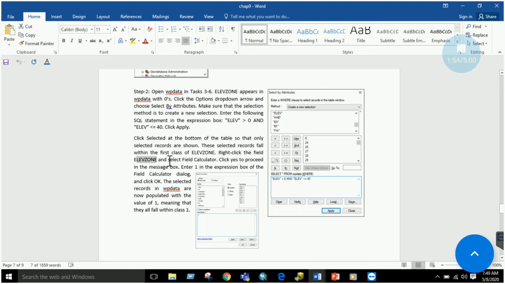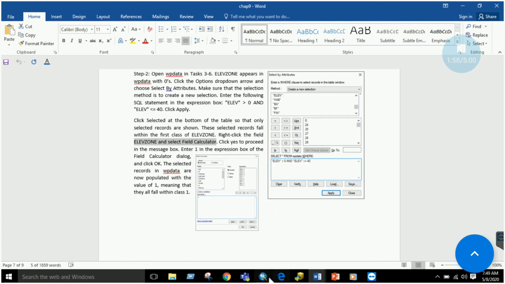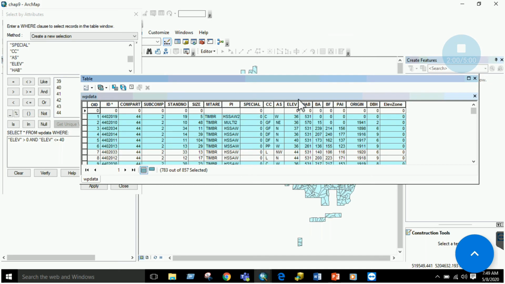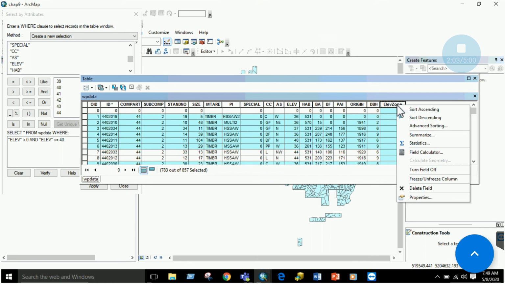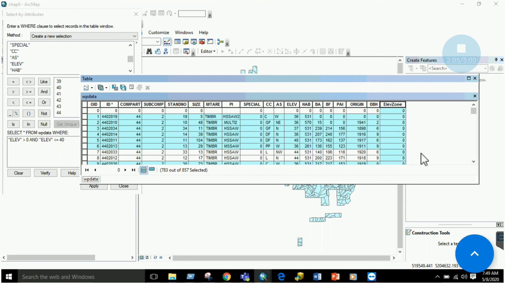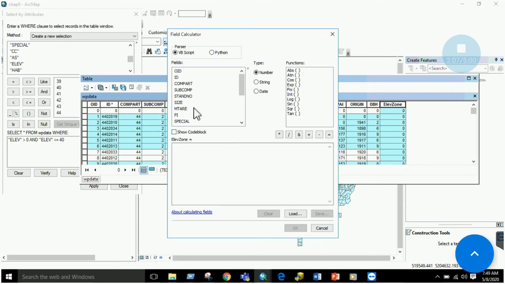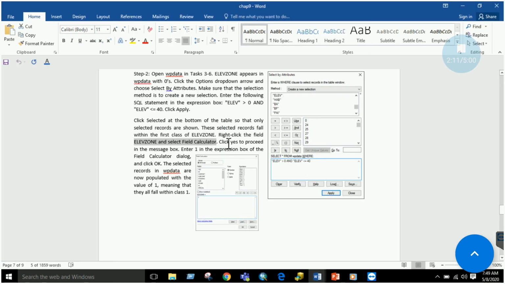Now in elevation zone, you have to select the field calculator. Here in elevation zone, you just have to go to the field calculator, click yes. This window is going to appear. Now the next step, it asks you to click yes to proceed. We have done that.